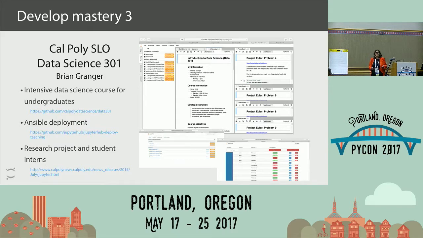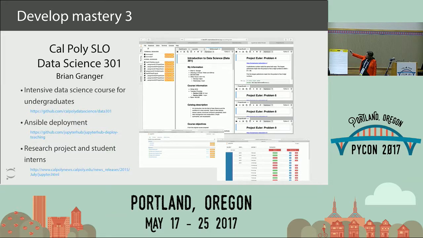Many of the students come in with no knowledge of Python, and after running through Jake Vanderplas's whirlwind tour of Python, they pretty much know enough to get going, and they pick it up more and more as they go along. There is a reference deployment online on GitHub under the JupyterHub organization for how to deploy JupyterHub using Ansible for your own projects.